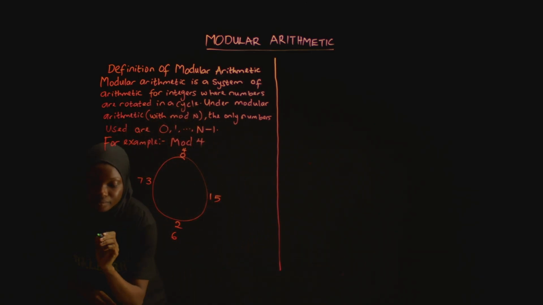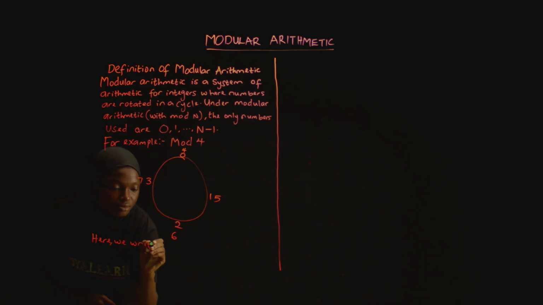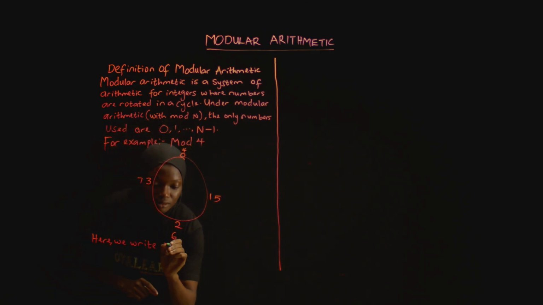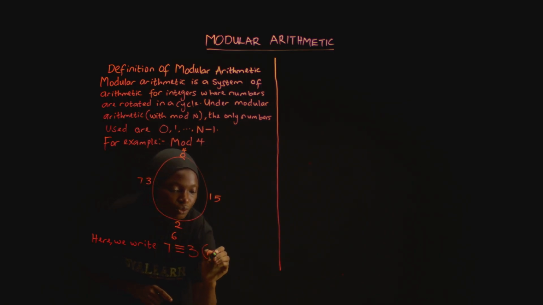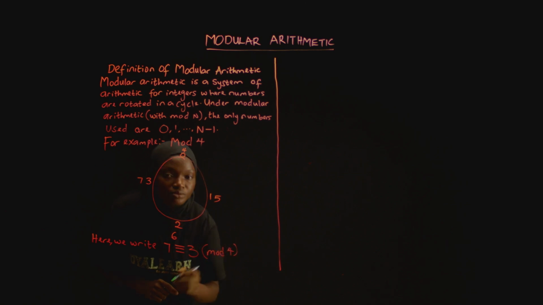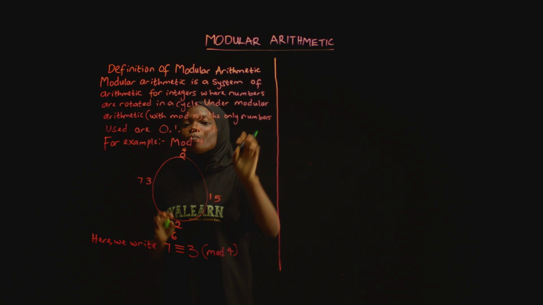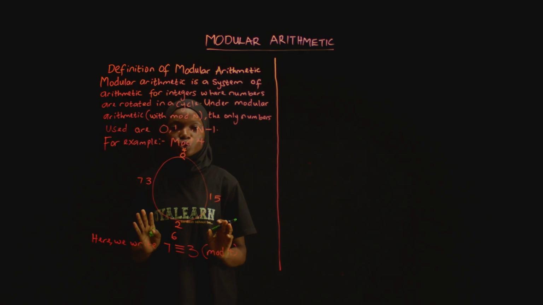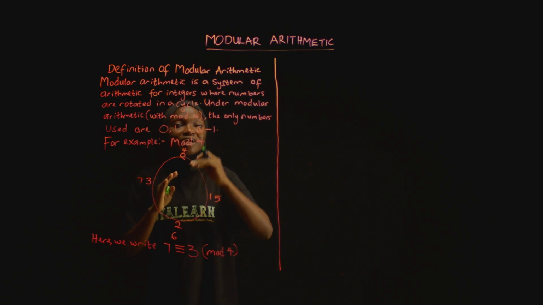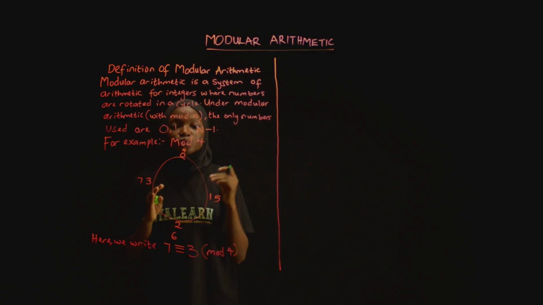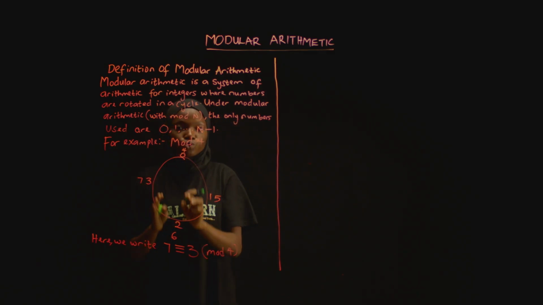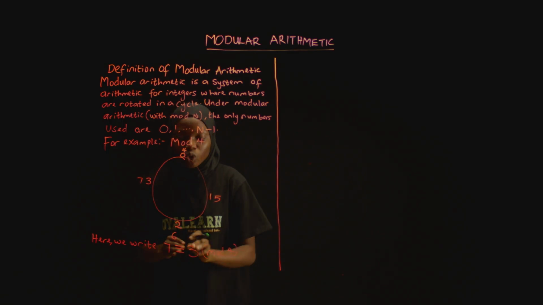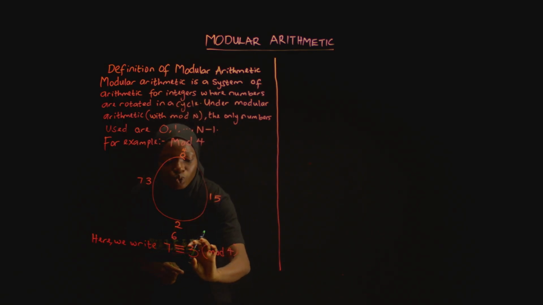So here we write 7 is equivalent to 3, then put the mode we are working with, mode 4. Recall, we said the only numbers used are 0 to n minus 1. Here we are using mode 4, so the only numbers we'll be using are 0 to 3. So for any number greater than 4, we have to use digits from 0 to 3 to represent all other integers. So here we have 7 is equivalent to 3 in mode 4,